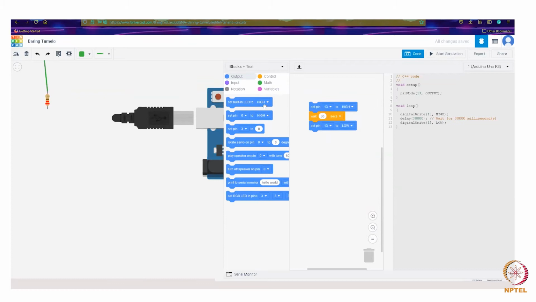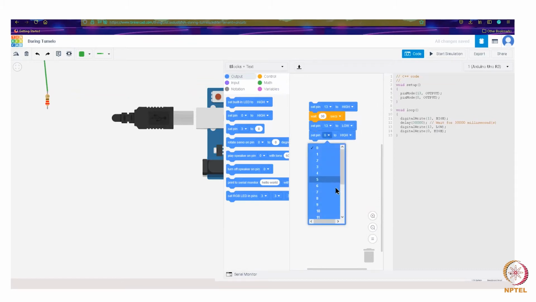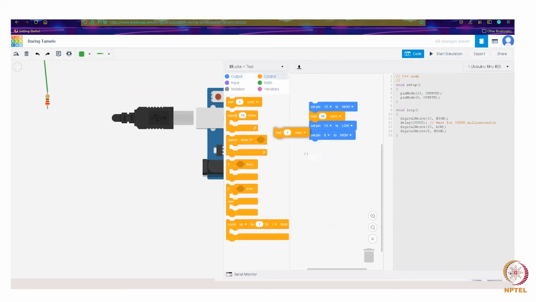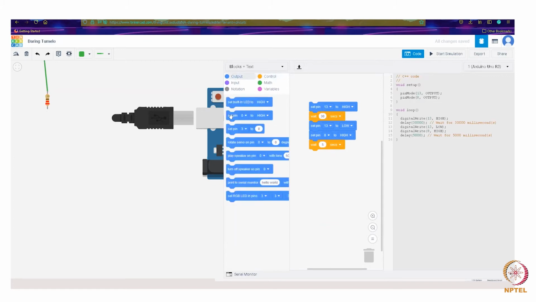And then now we'll set the second one, which is the 8th pin for the yellow light, to high. We'll wait another 5 seconds. Then we'll set the 8th pin to low.